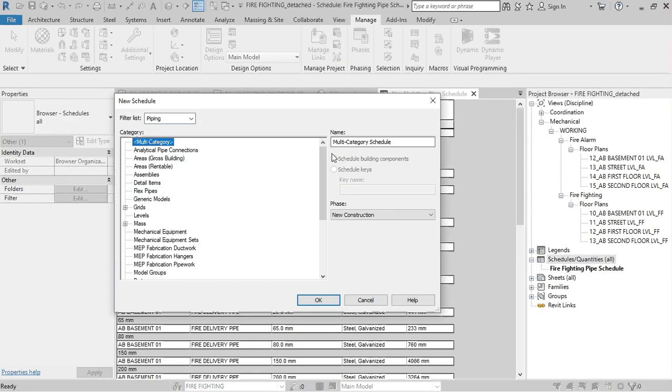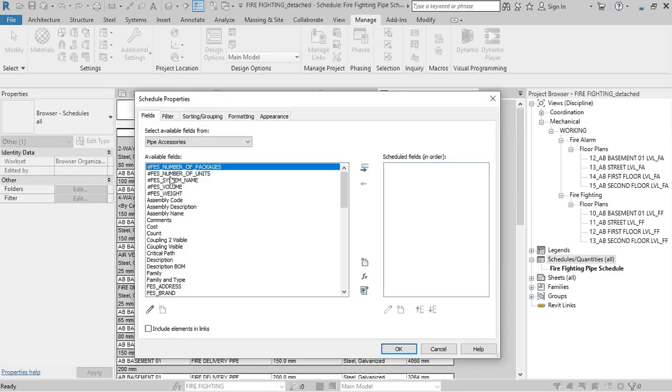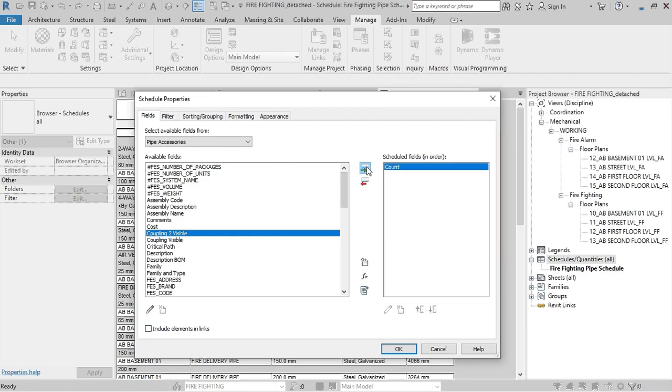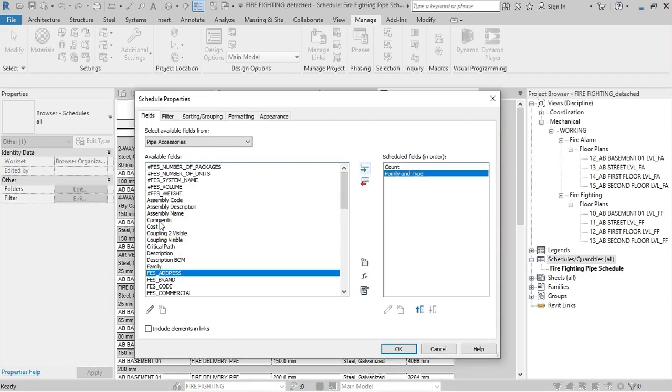Whatever field arrangement you need, you add it for the pipe accessories. You can select pipe accessories here, then the OK button. Whatever you need, count. For example, ball valve, gate valve, butterfly valve, whatever you are using is counted.